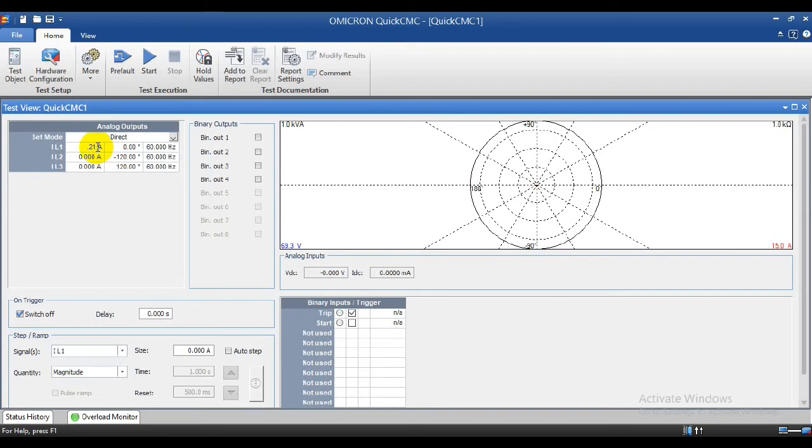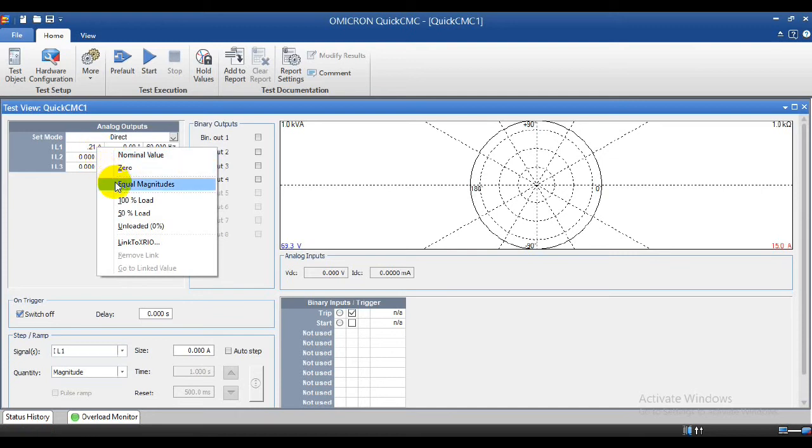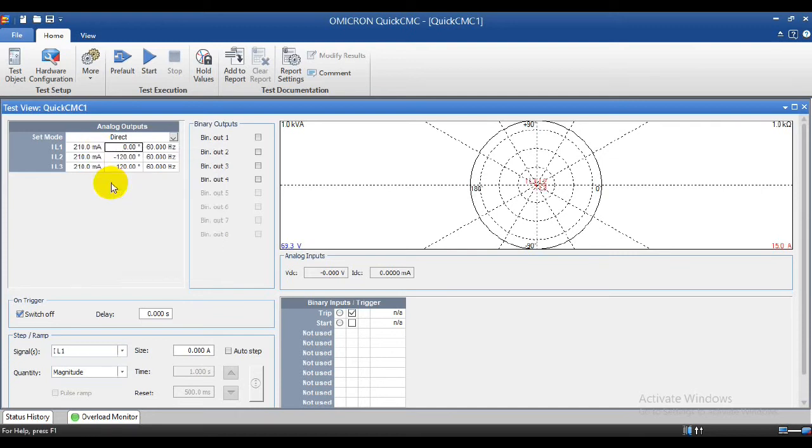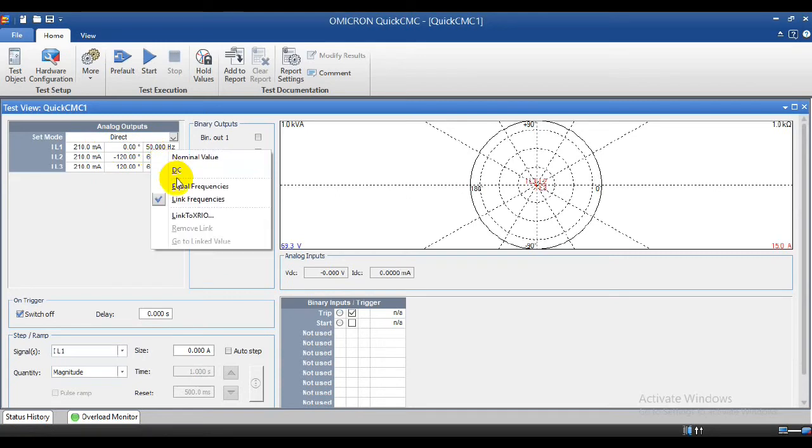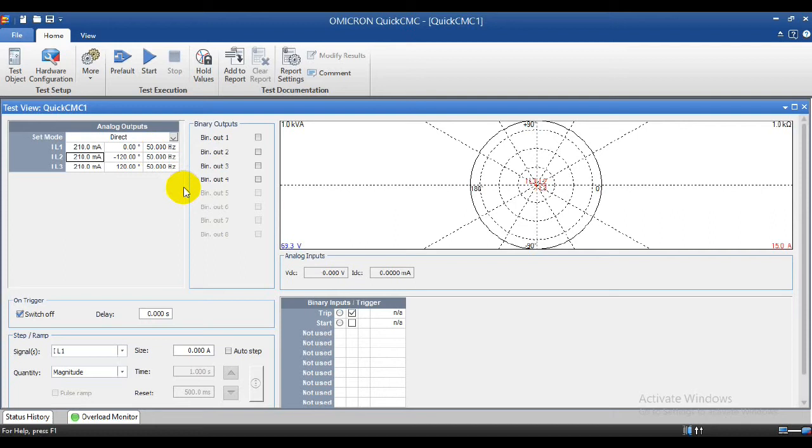By entering in one phase, you can right click and you can see an option, equal magnitudes. If you give that in all three phases, it will update automatically. Same you can change for phase angle and for frequency also. See, now frequency is in 60 Hz. I will change to 50 Hz and right click equal frequencies. It will change in all the three phases.